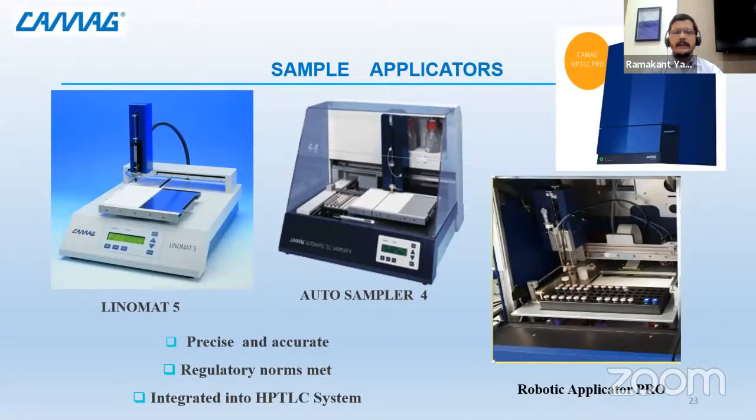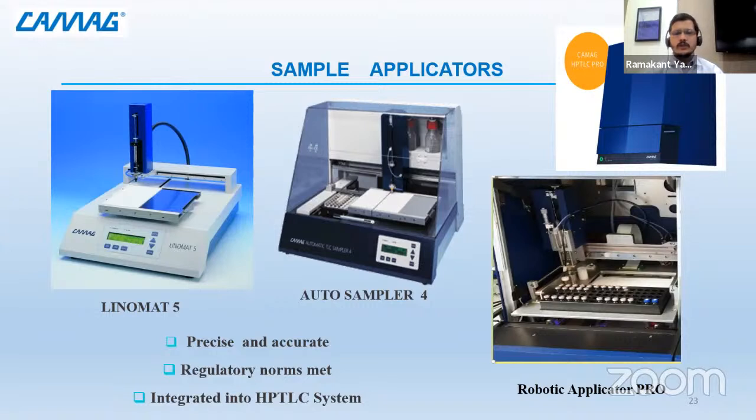After preparation of sample, apply that sample on HPTLC or TLC plate by using CAMAG HPTLC applicators. In that series, Linomat 5 is the first module, that is a semi-automatic module of sample application. We can apply sample by spray-on technique, and it is contactless application. We can apply 1 microliter to 500 microliters on plate. So mostly we are dealing with lower volumes in HPTLC. So this is semi-automatic where syringe rinsing and filling is manual. Otherwise, all parts are connected to the software. We can operate through software.